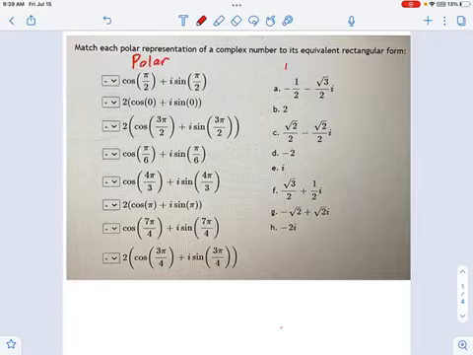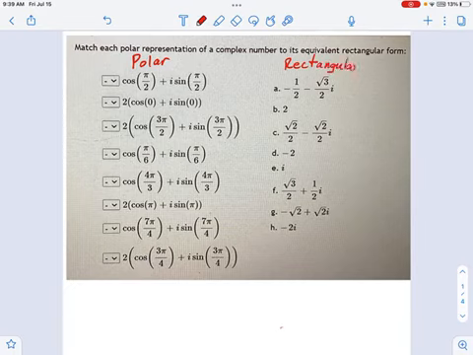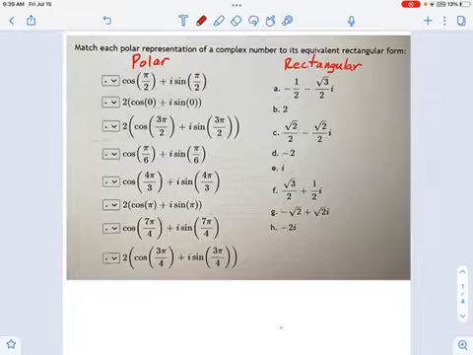These are your polar coordinates. These are your rectangular coordinates. Can we go back and forth between them quickly? I'll pick the first one. Cosine pi over 2 plus i sine pi over 2. Well, if you know your unit circle, you know that this is 0 and this is the number 1. So it becomes 0 plus 1i. Well, 0 plus 1i is, there we go, e.